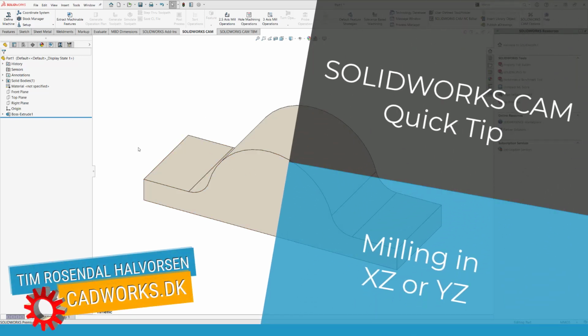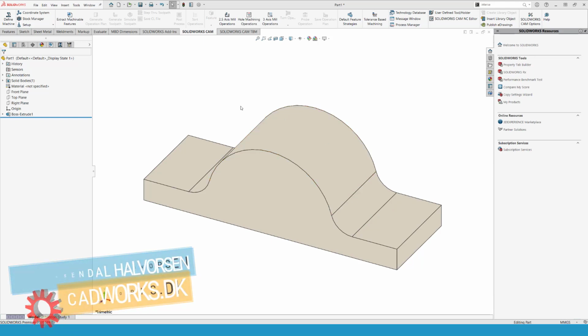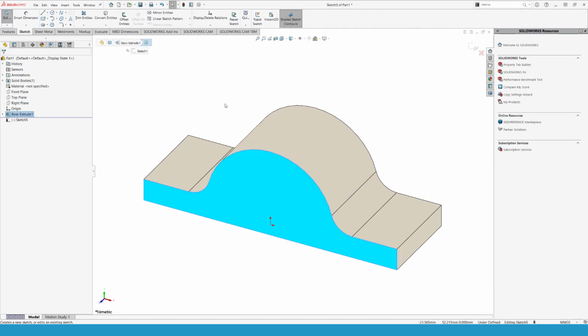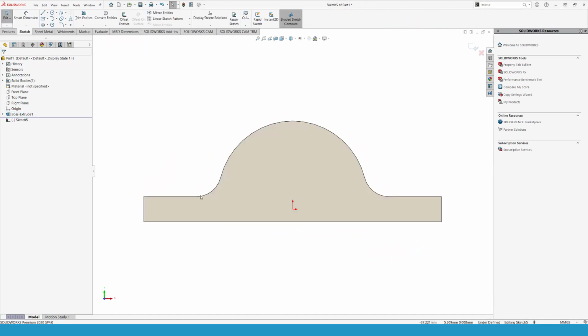I'm going to show how you can run SOLIDWORKS CAM along this edge, as opposed to just the X or Y direction. So in this one we want to go in the XC or YC direction, and that is quite easy actually. Let me start by creating a sketch on the surface, and then I'm going to pick out these edges